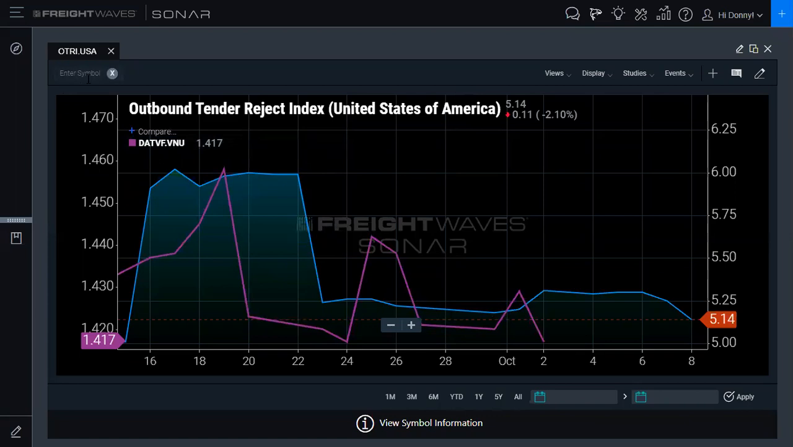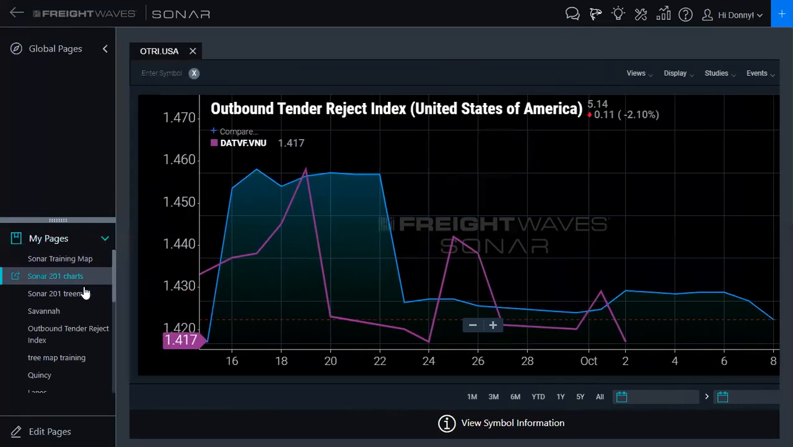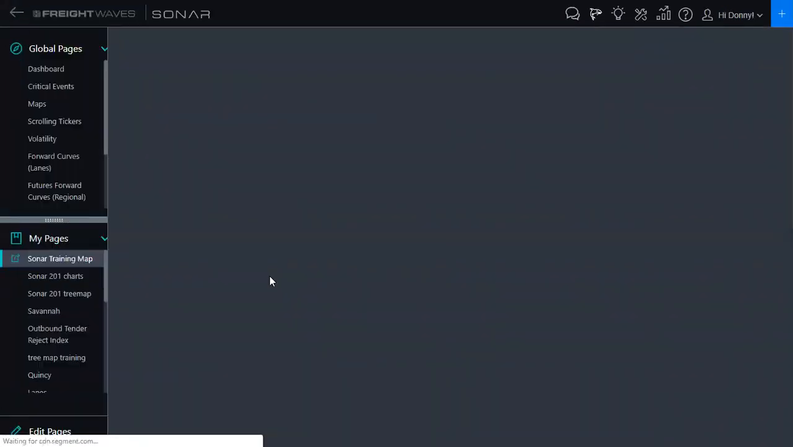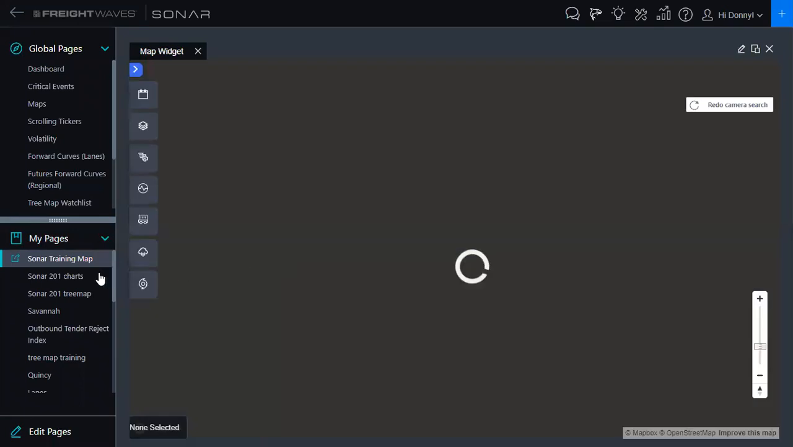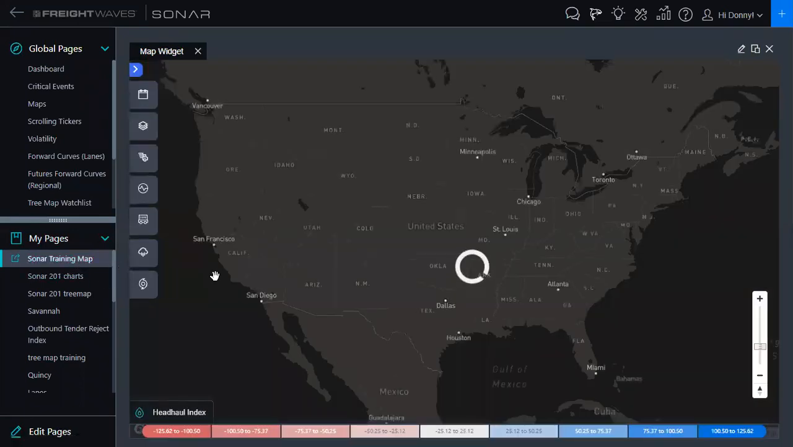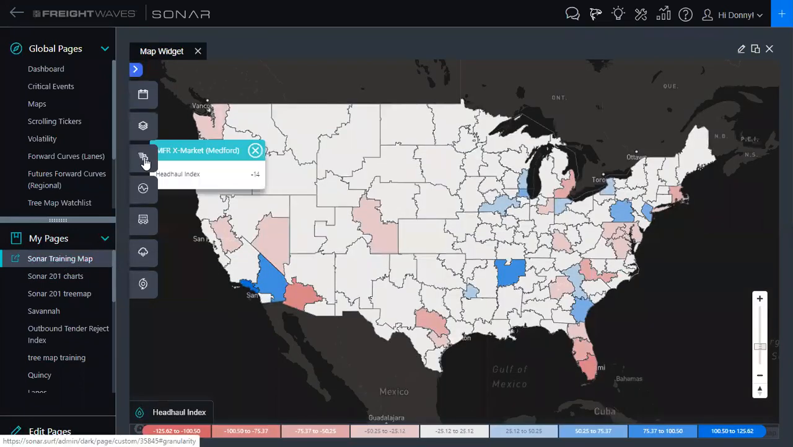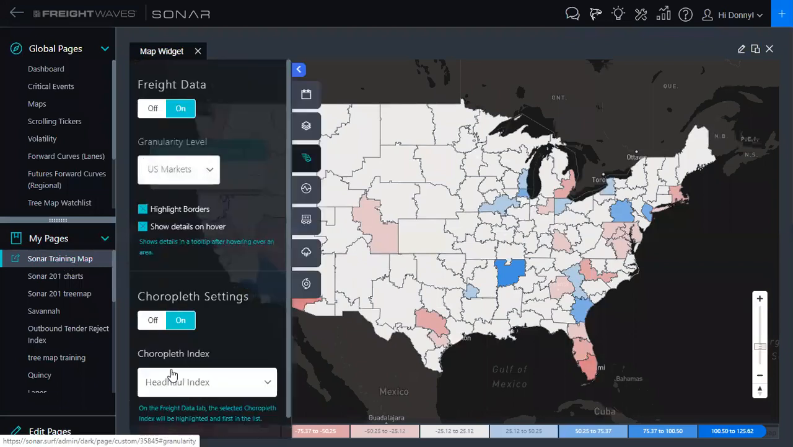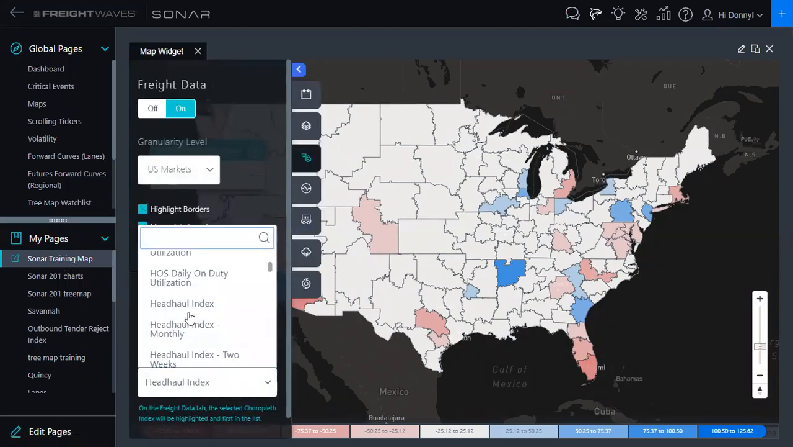And of course, it's all relative to the contracted rates that are in these markets. So let's kind of start out here. I'm going to pull up the same map that we had before. Click on our Sonar training map that I created as we started. And I'm going to click on the truck again, go down to our Choropleth index, and I'm going to type in,